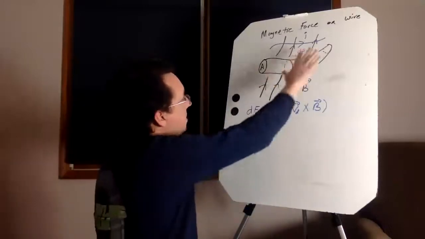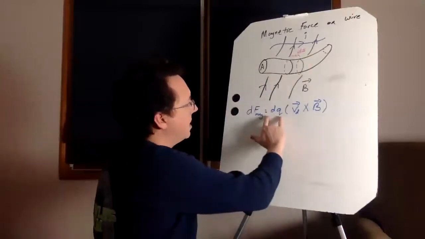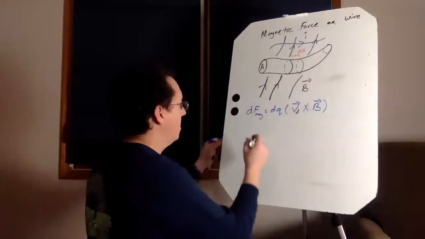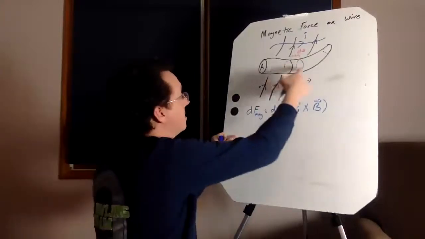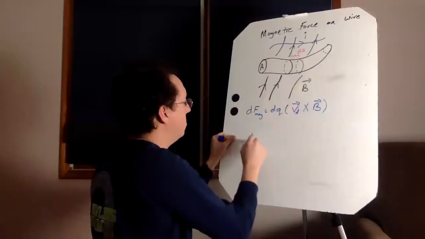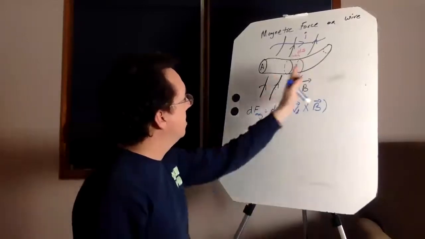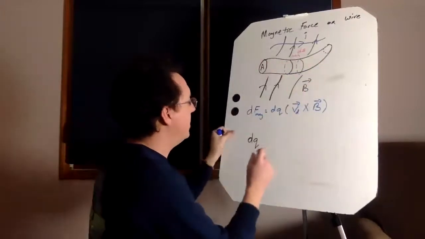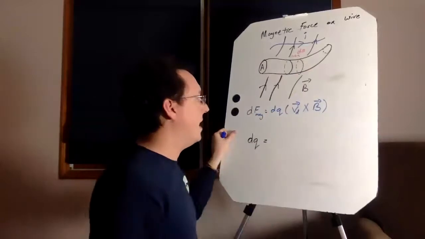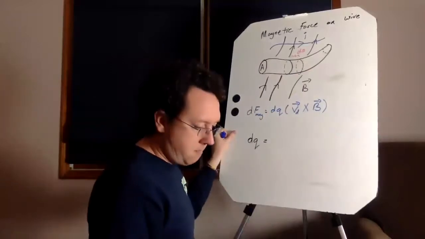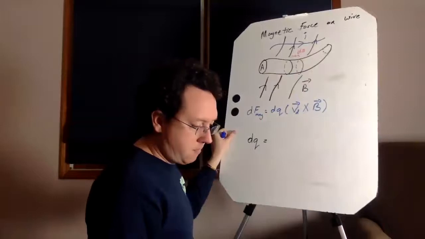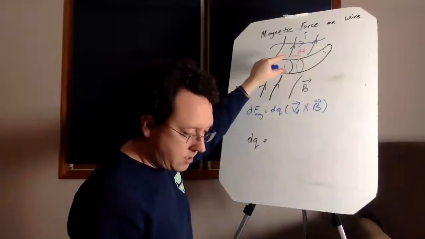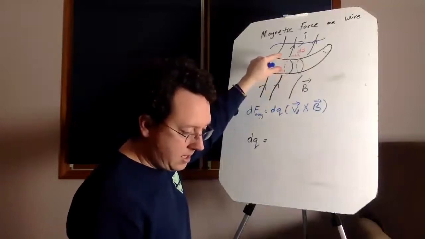So to figure this out, what we want to do is come up with a different expression for dq. So what I'm going to do is think about this little segment, and I'm going to think of dq. That's the charge which passes by in an amount of time dt. Sorry, it's not even that. It's just not in a time dt. I can think of this just as a